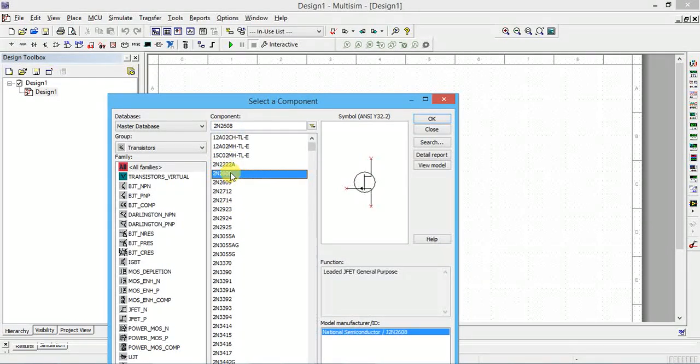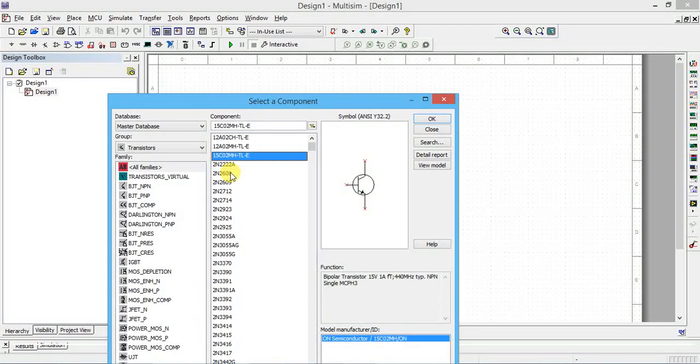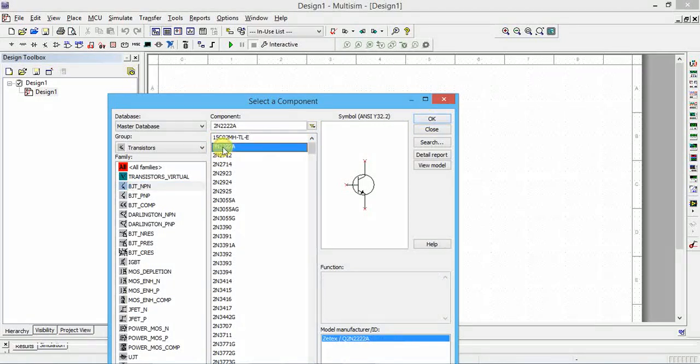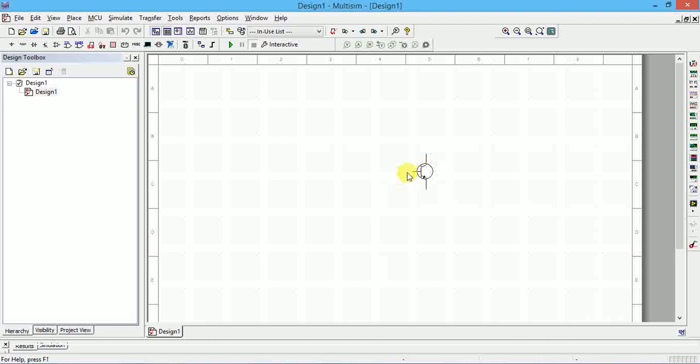All are actually different transistors, all are transistors only. You can choose any one. So I am choosing this 2N2222A. Click here, okay.